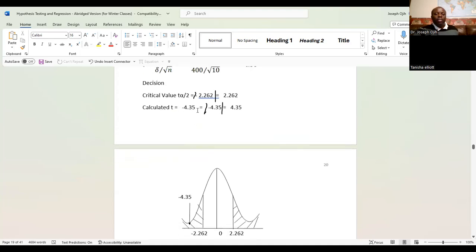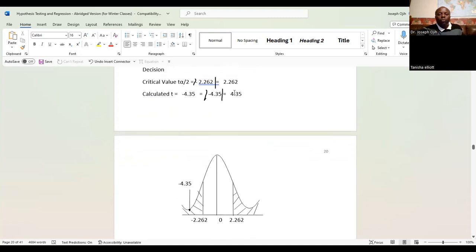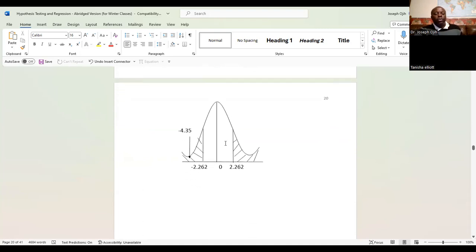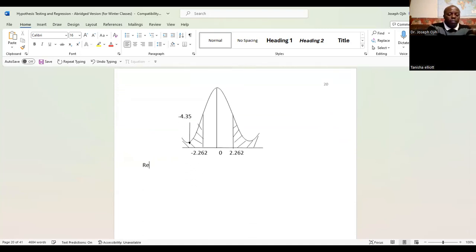Now we can say the calculated T is negative 4.35, in which the absolute value is 4.35, and the critical value is negative 2.262, of which the absolute value is 2.262. So 4.35 is bigger. So we can now say reject